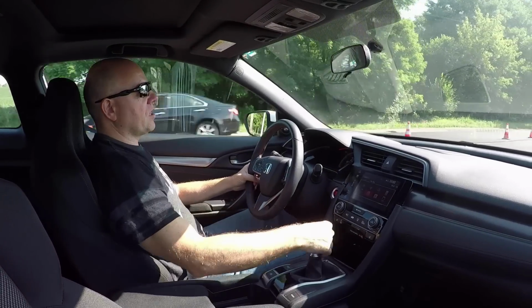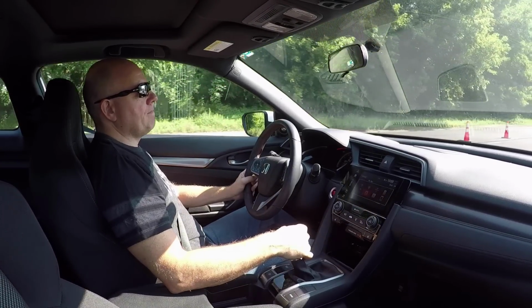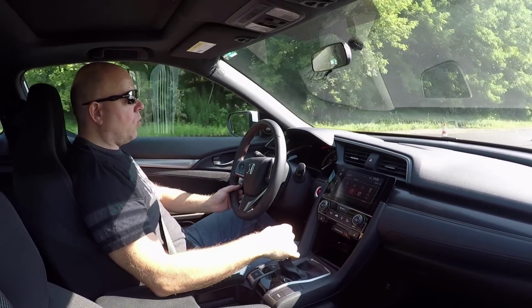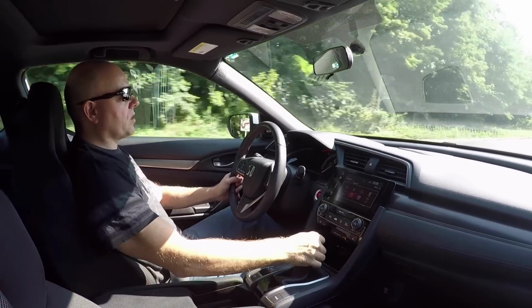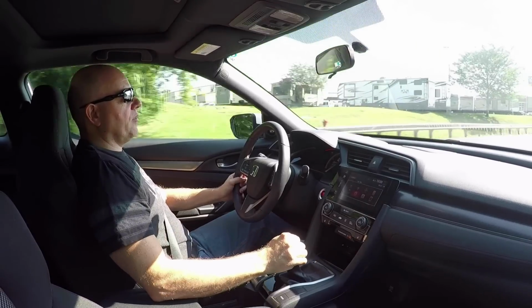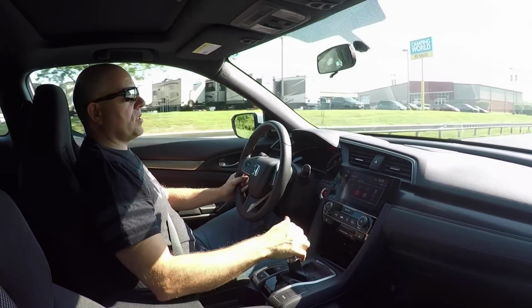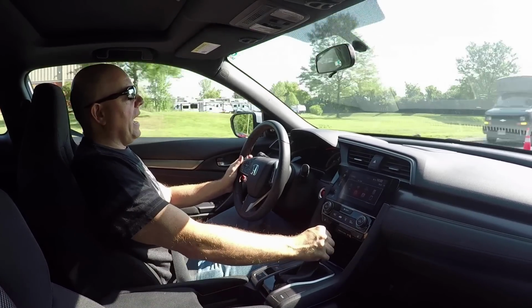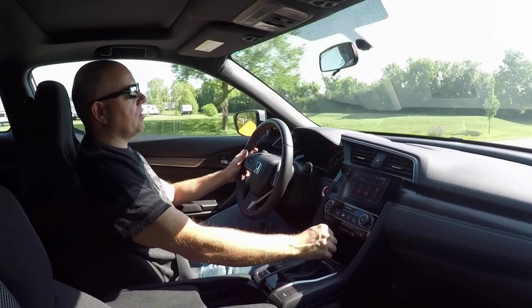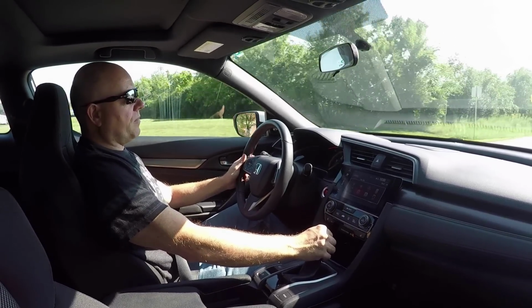So I've had this car now for 11 months, and it's one of the best purchases I've made, partly because there's no buyer's remorse with this car. It's inexpensive enough that you never really question yourself. It's a wonderful purchase, and this is the big area that I would say the Tesla differs from this car,